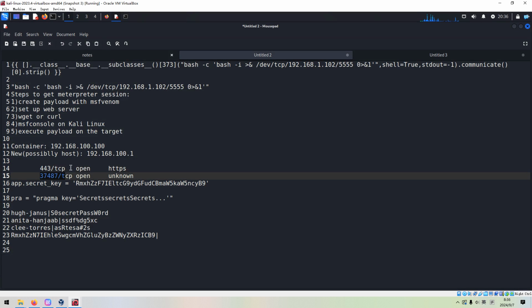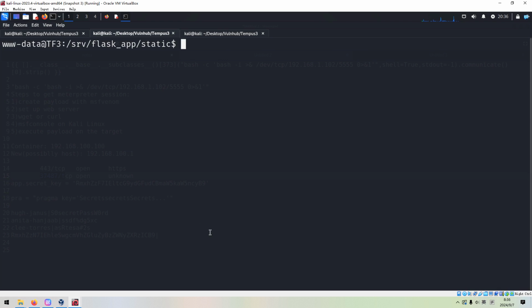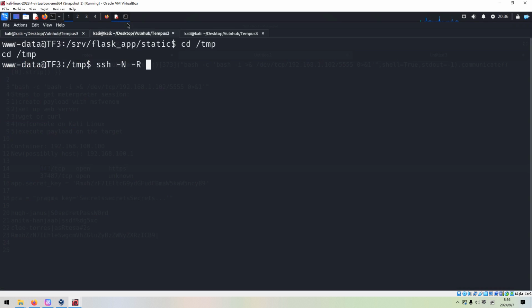Next, I think we need to take a look at these two port numbers, the 443 and this one. Although Metasploit has a built-in option, as just mentioned, this is not good. I'd like to use SSH to set up the tunnel. So how to do? We can SSH, and first of all, I'd like to set up the tunnel for this port number, and we can use this as the local port number on the Kali Linux.